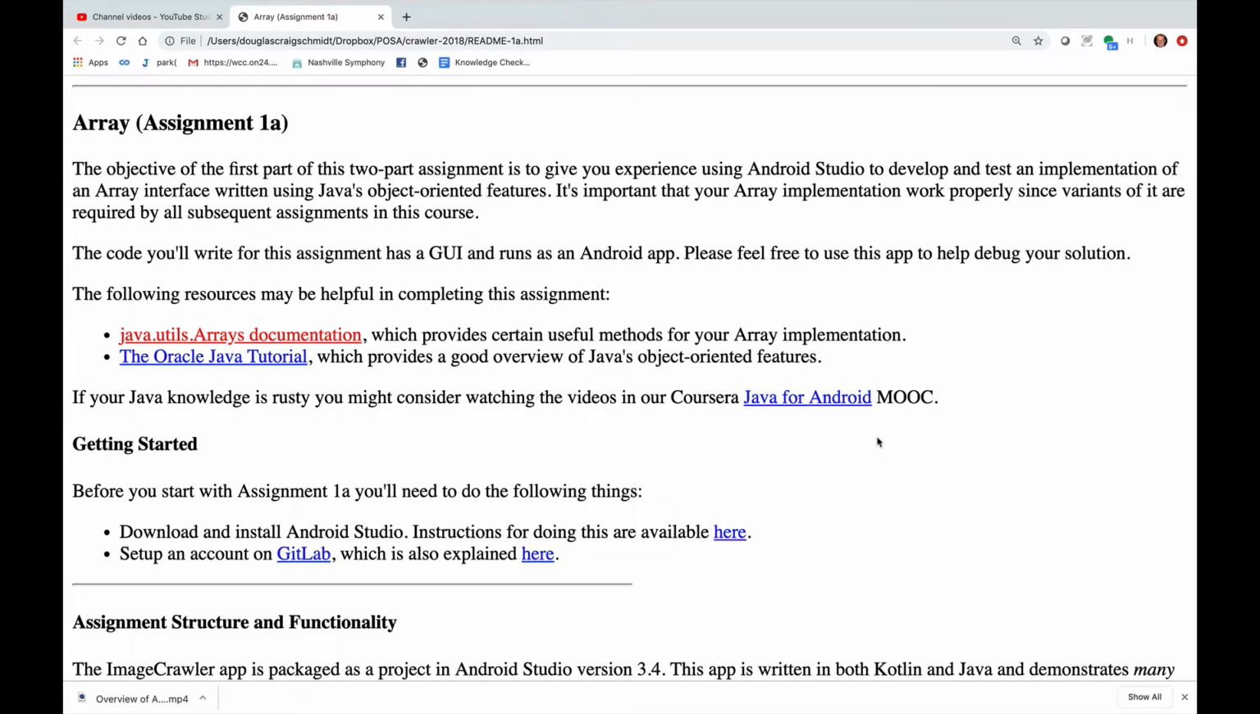Welcome to the walkthrough of the specification, skeletons, tests, and sample application of Assignment 1A. The objective of the first part of this two-part assignment is to give you experience using Android Studio to develop and test an implementation of an array interface written using Java's object-oriented features. It's important that your array implementation work properly since variants of it are required by all subsequent assignments in this